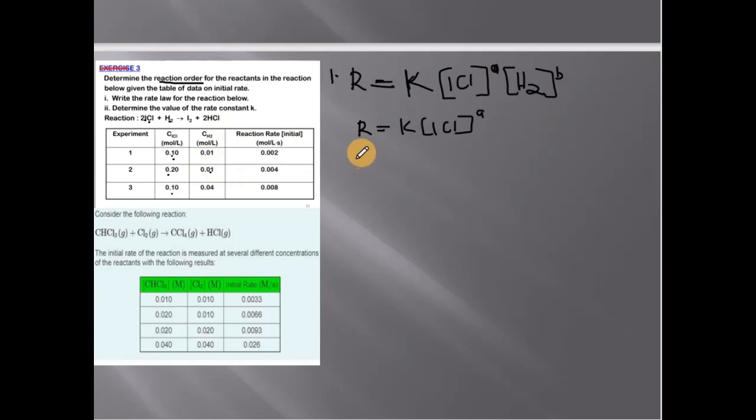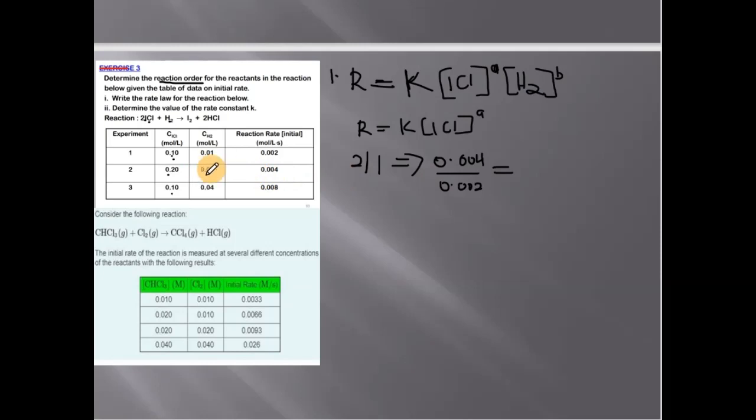So we are going to have experiment 2 over experiment 1. How will it be? The rate of experiment 2 is 0.004, over the rate of experiment 1, which is 0.002. Now this is equal to,